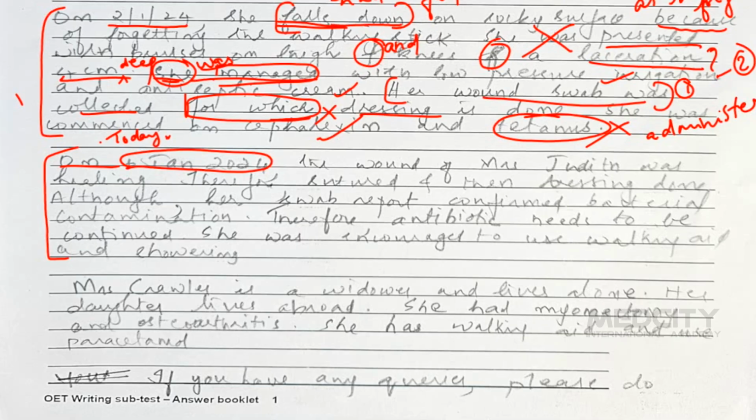Today, when you are referring to something which happened today, it's always better to use "today". "Today, the wound of Mrs. Judith" is a wrong usage, and Judith is the first name. You should use the surname, Mrs. Crawler. We don't say "the wound of Mrs. Crawler". Then how should it be said? Today, Mrs. Crawler's wound